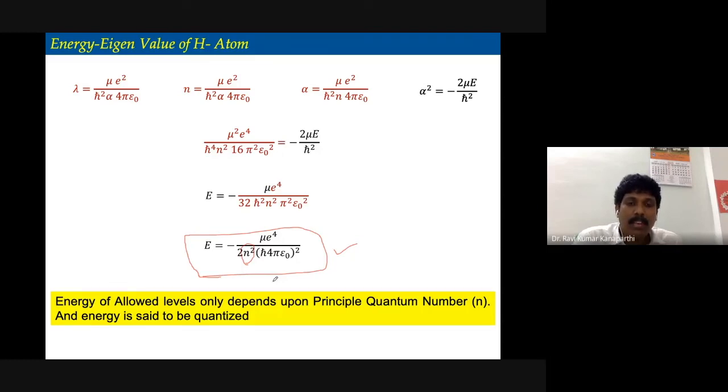Unlike the classical expression, where you may recall the energy can be 0 or the energy can be infinity, there is no quantization. But here the energy cannot be 0. Why? Because the principal quantum number n starts from 1. Therefore, it cannot be 0 at any cost. Well, this is all for today, and we will discuss further in the next class. And if you have any doubts, please feel free to ask me now itself.